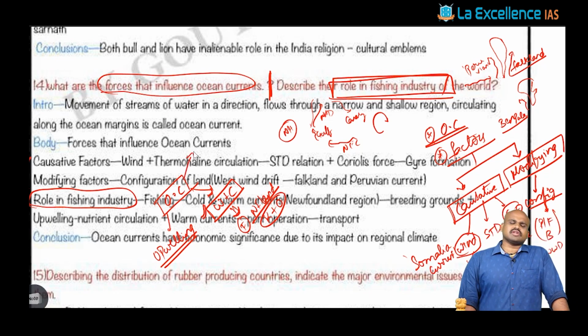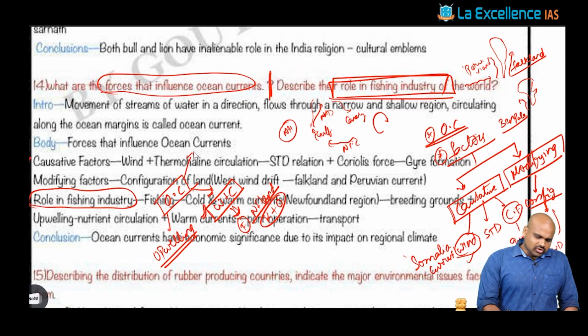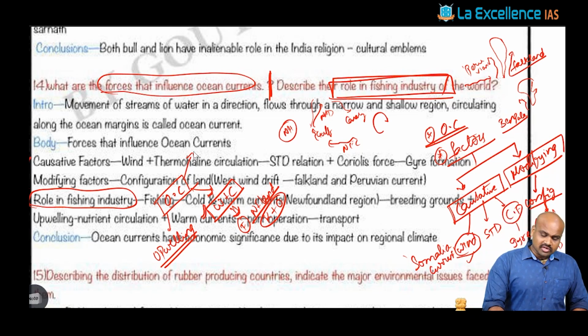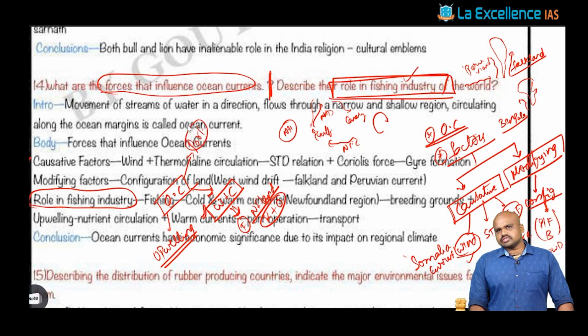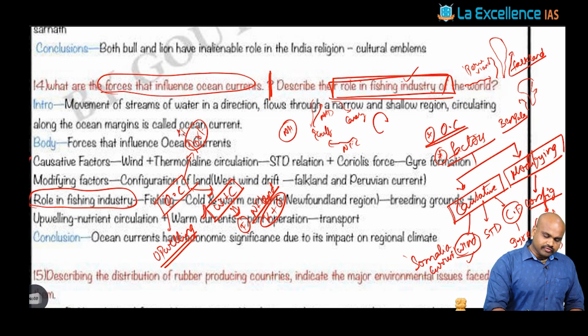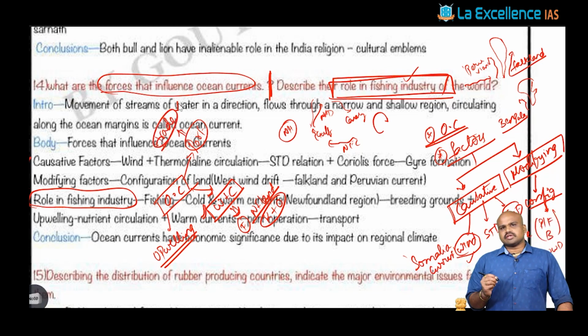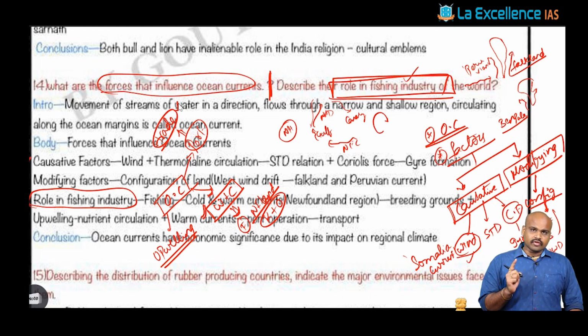Generally the aspirants forget in this context that it is not only the upwelling, not only the mixing, but it is also about the fishing industry and the functioning of the ports. The fishing industry would flourish only when a decent amount of trade is allowed, and only when a decent amount of navigation is provided.